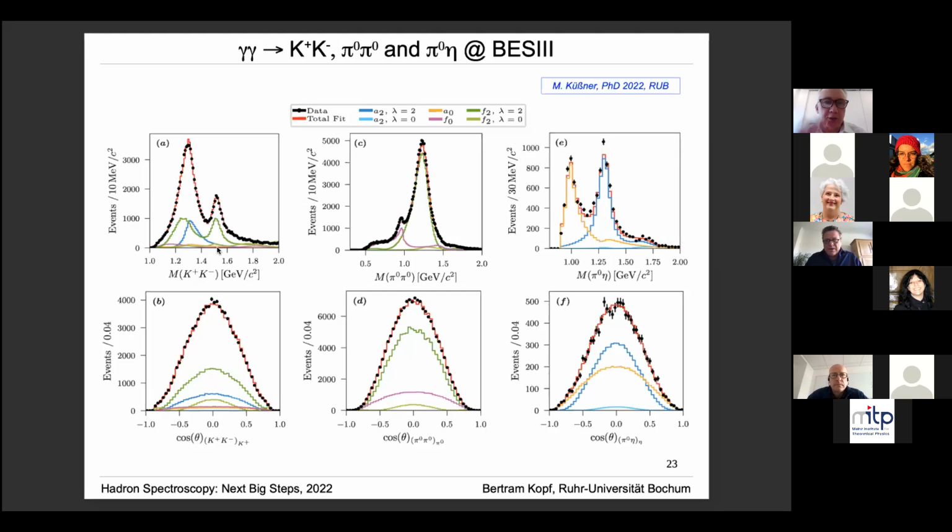Okay, then I take back my question. Yeah, because in gamma gamma, it's a question if this is produced strongly, but this peak here is really the f2'. Actually, we have seen the f0(1500) in gamma gamma also at Belle. Okay, it was included from the PDG, but I think we hadn't seen that.